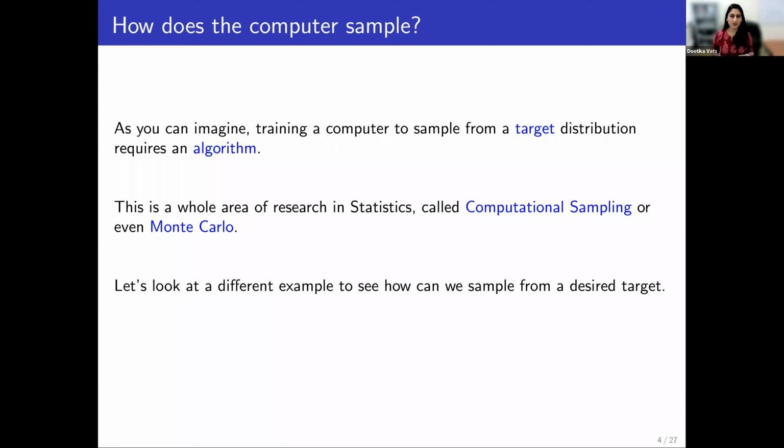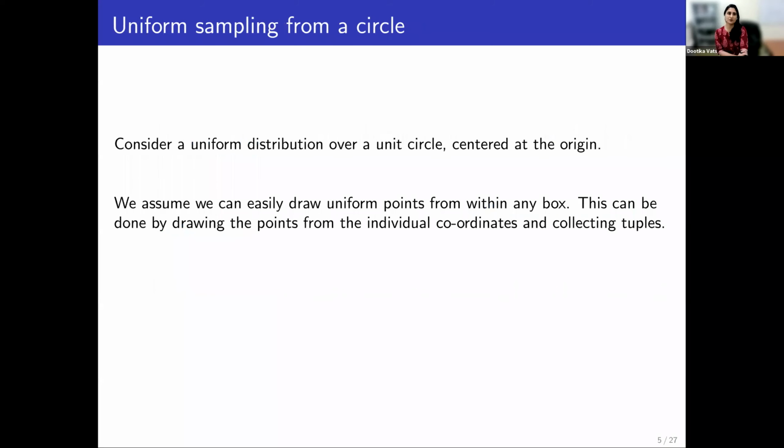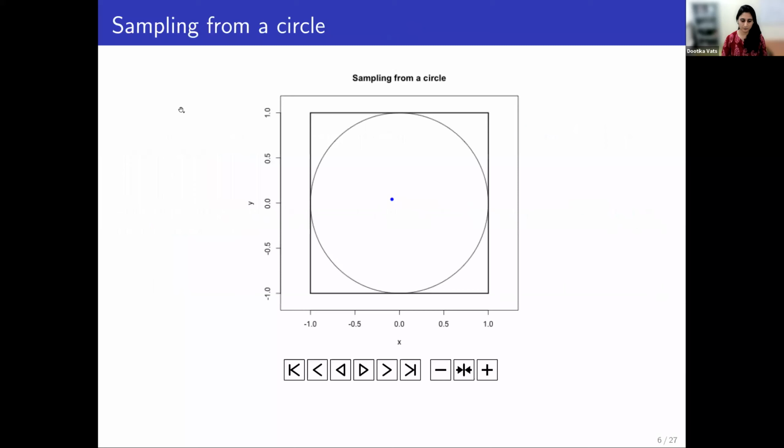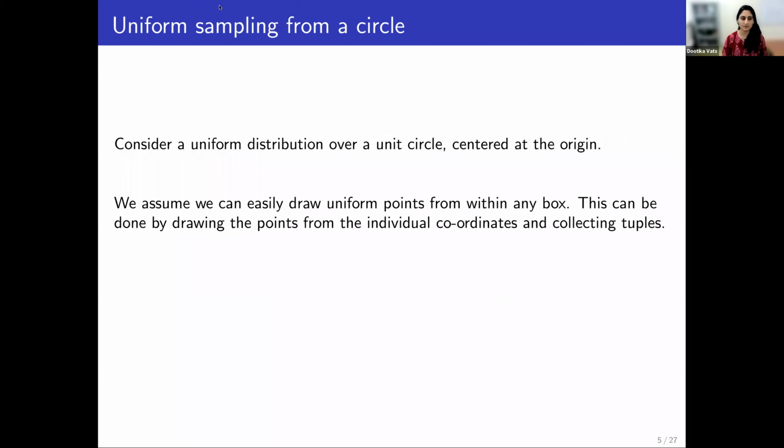Okay. So to get to the point of seeing the need for Markov chain Monte Carlo, we look at a slightly different example. Let's consider a new example of sampling uniformly from a circle. We have a unit circle which is centered at the origin, and I want to sample points uniformly from this circle. Now, what I'm assuming is I can draw points quite easily from within a box. So if I have any given box,